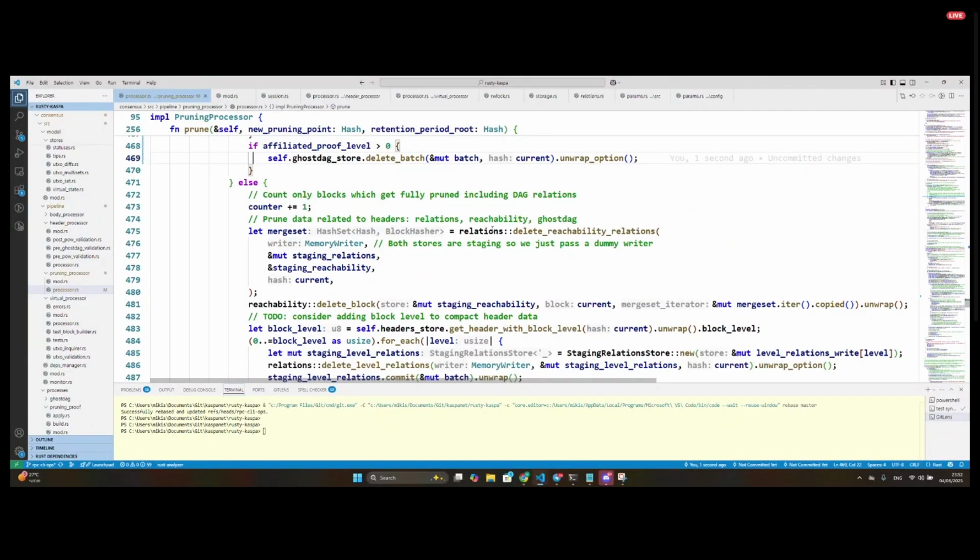So the current algorithms for deleting, the most complicated one is the reachability, because we wanted to keep the